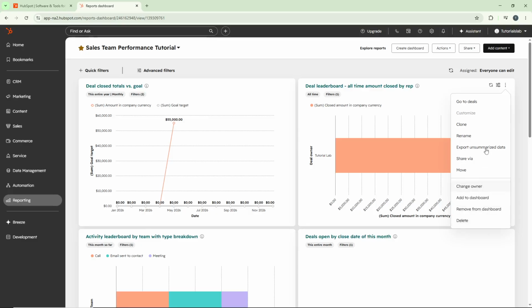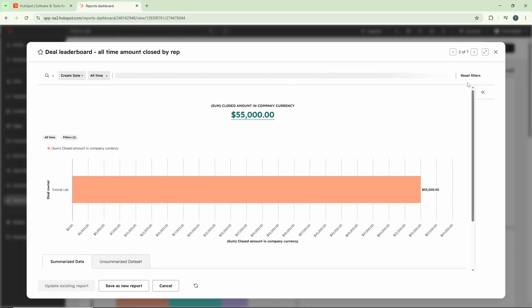Additionally, you can click the filter icon to add a filter to your dashboard. Filters allow you to narrow down the data displayed based on specific criteria like date ranges, team members, or deal stages, giving you more control over the insights you're viewing. And that's it. You've successfully created and learned how to manage